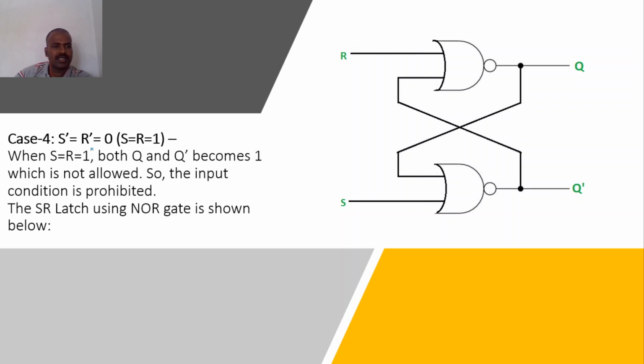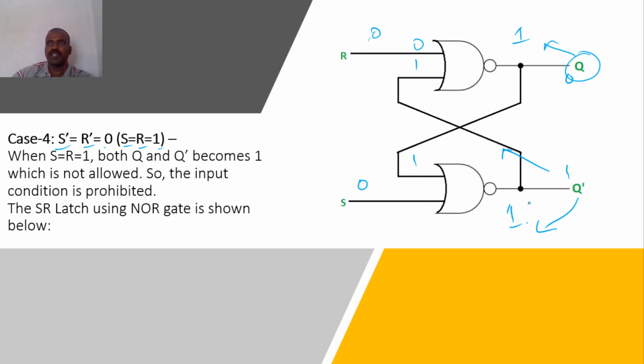Next, in the last case, S bar and R bar is 0, which means S is equal to 1, R is equal to 1. Okay, have a look at this. Let me take here 0 and here 0. Here I am going to take this is 0 and this is 1. Okay, so first this 1 will come here. So what is this? 0 1 in AND gate, 0 1 means it is 1. Now this 1 will come here, 1 0, this is 1. See, Q is 1, Q bar is 1.